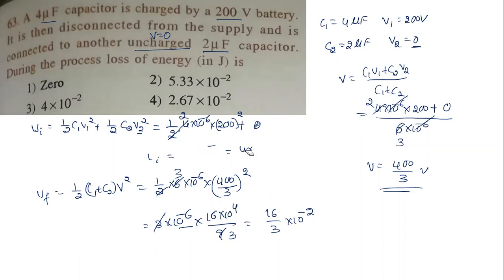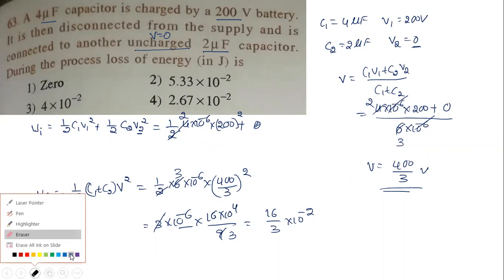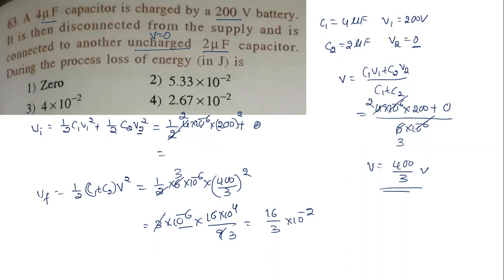Okay, now let us find after doing the square what we get. So it will be 2 and this is 4. It will be 8 into 10 power minus 2 we get, correct. 8 into 10 power minus 2, because it will become 4 into 10 power 4, and this is minus 6, which is 8. That is correct now. So we got the initial energy and final energy.